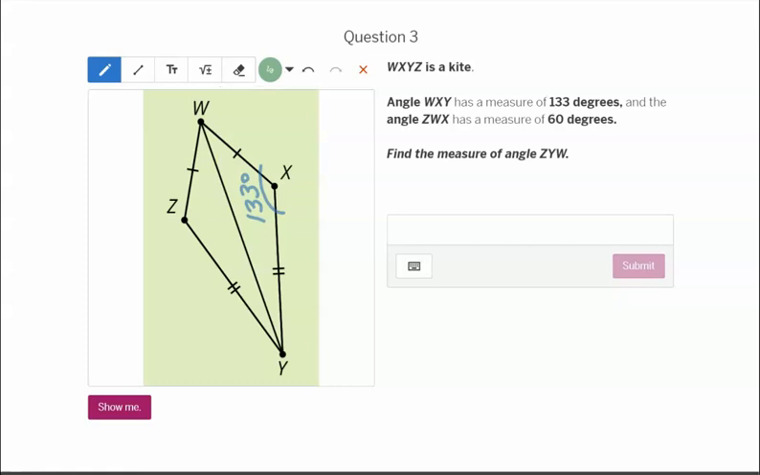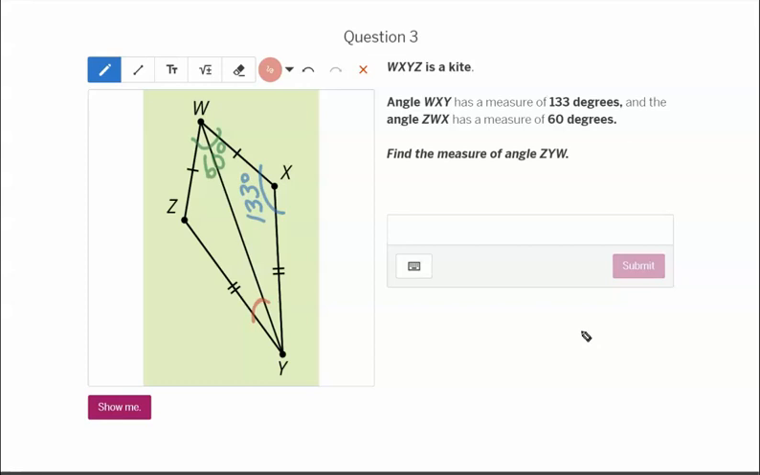ZWX has a measure of 60 degrees. So that's going to be that whole angle there. Then it says find the measure of angle ZYW. So let's go ahead and label that one ZYW. And that's going to be just half of this angle right here. This is ZYW. So just make sure you're really specific when you're measuring the angles to see what you're actually